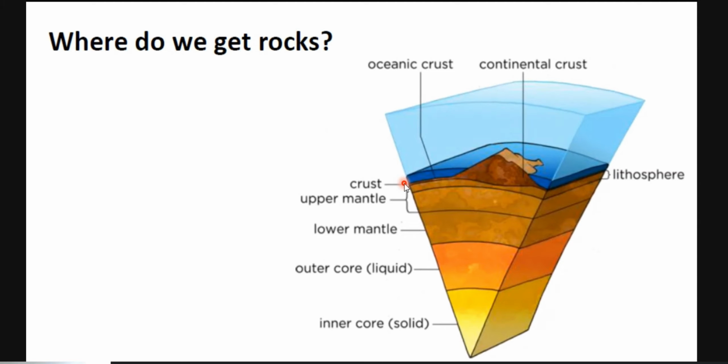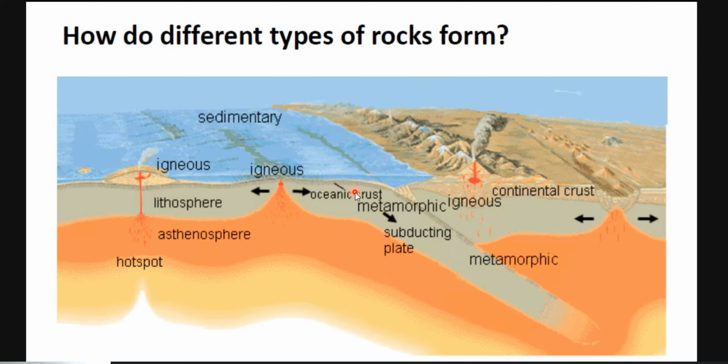All the structures and rocks that we observe and study are only in that roughly 30 kilometer thick layer. This is our biosphere, with our different air layers and environmental layers. How the different types of rocks form, we will know more about here.